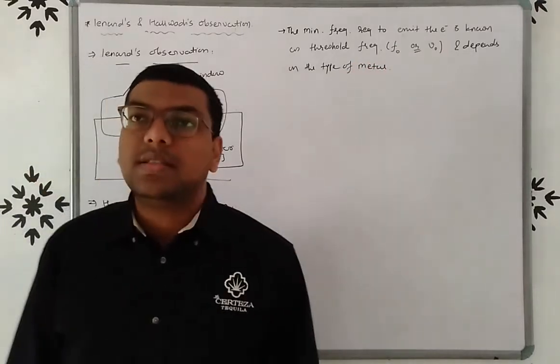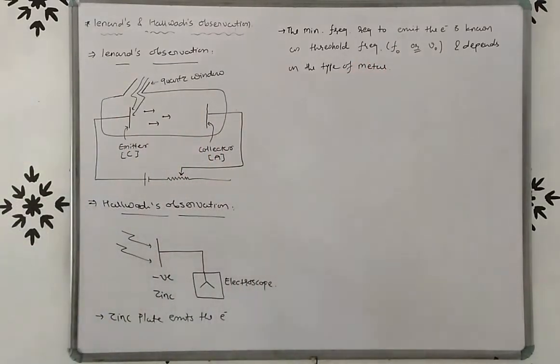So friends, this is about the threshold frequency. Threshold frequency is the minimum frequency that is required to emit the electron from the surface, right? And it is denoted by f naught, or you can say nu, and this threshold frequency depends on the